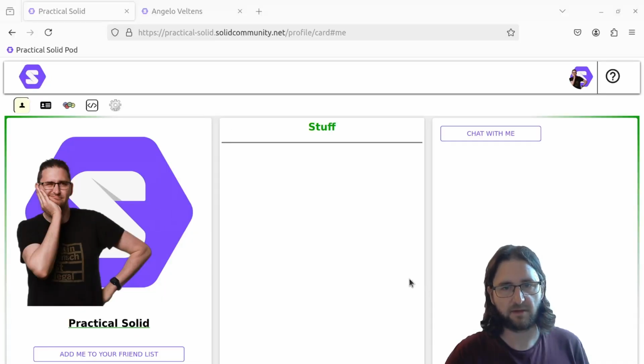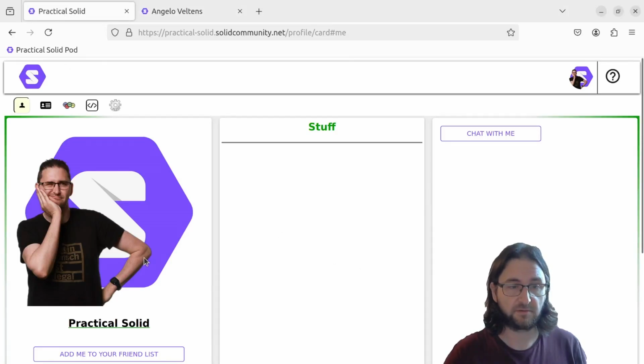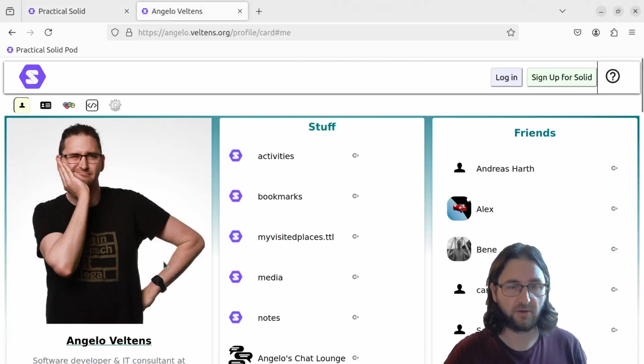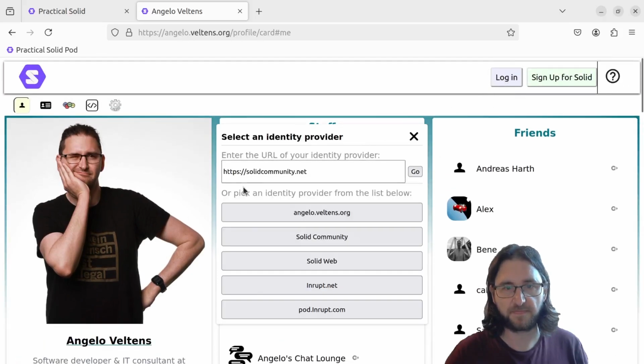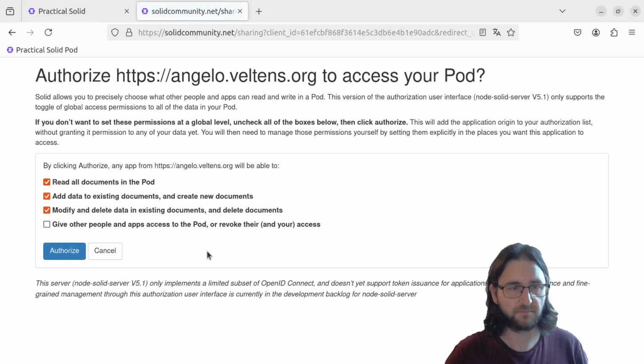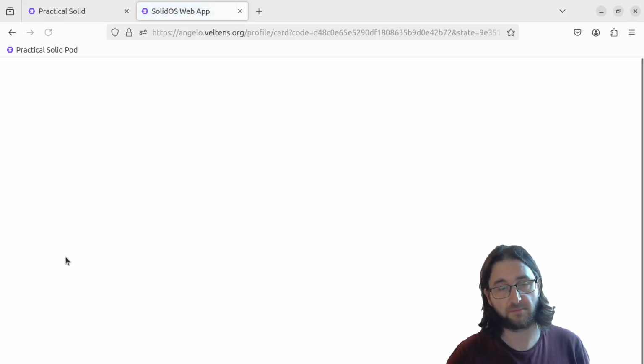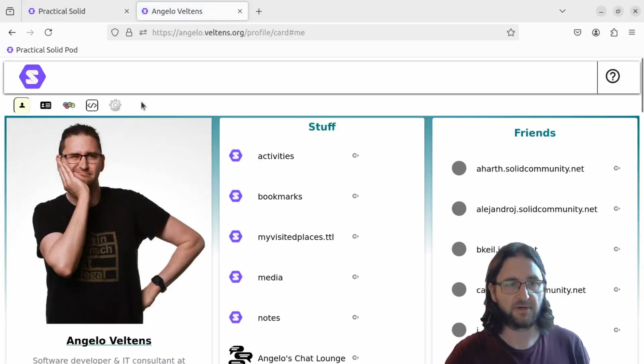The next thing I'm going to show you is how you can add a friend to your friend list. I'm just going to visit my own profile, which is at angelofeltens.org. And now we can sign in using our Solid Community profile. We just need to confirm that the pod we are signing into is allowed to write data to our pod, which is important because we want to add a friend, and the friend should be added to our friend list